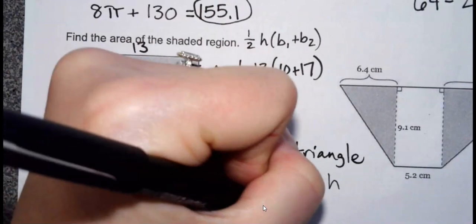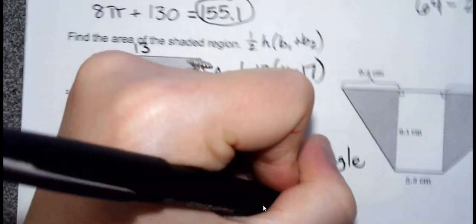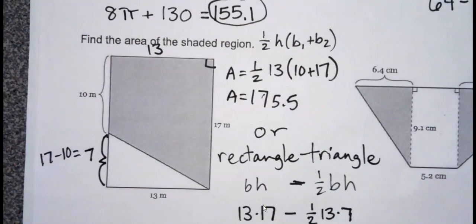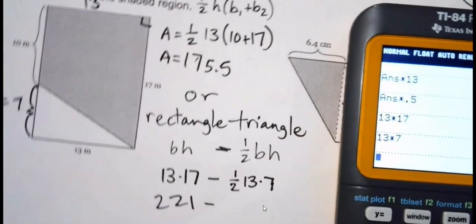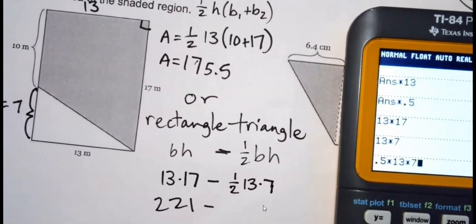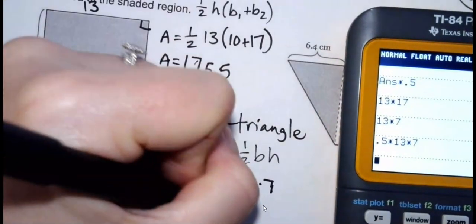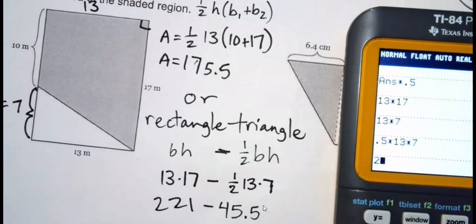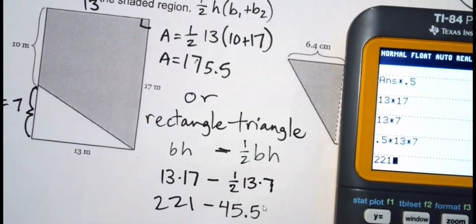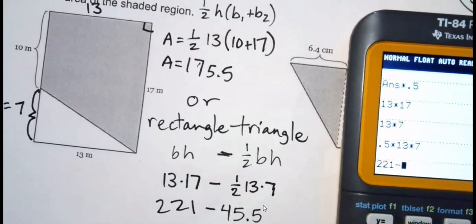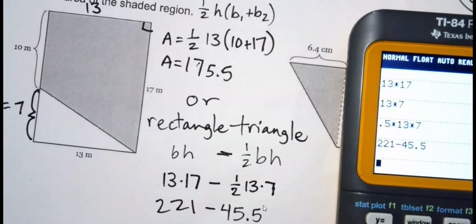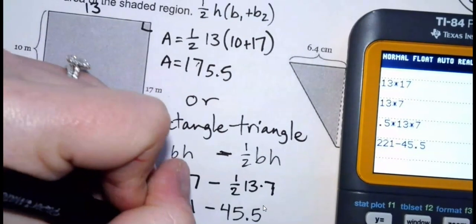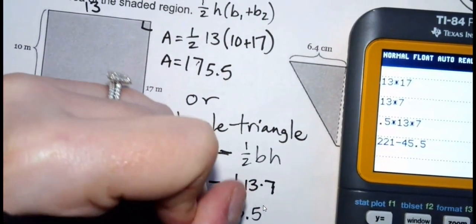So 1/2 13 times 7. So I can do 0.5 times 13 times 7 and get 45.5. And then subtract them. 221 minus 45.5. And oh my goodness, I'm getting the same answer because it is the same. It's just two different ways